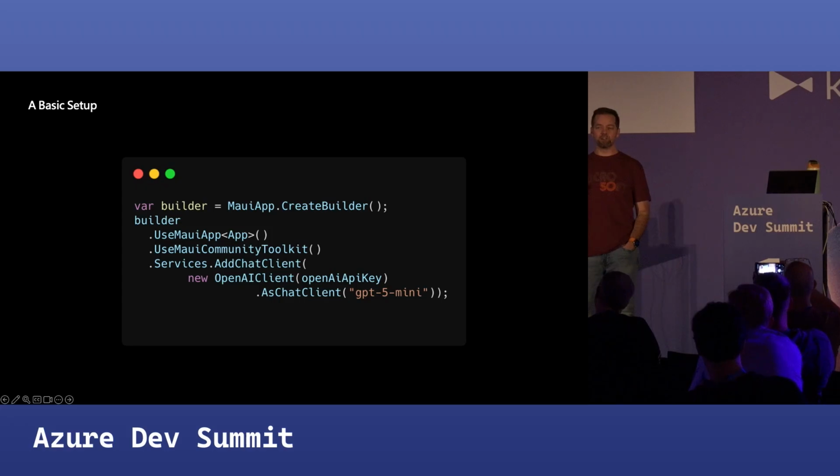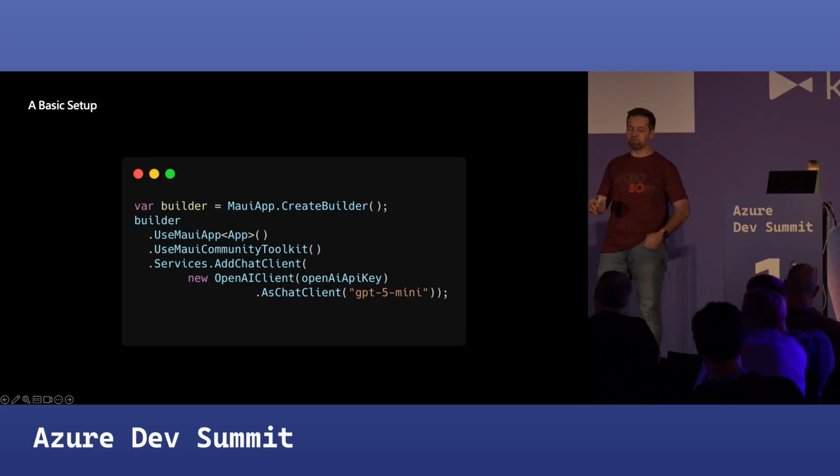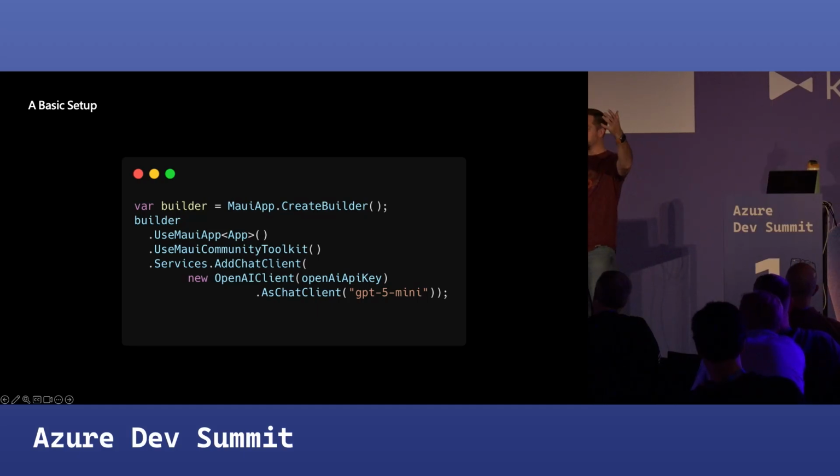You may find that your application requires more setup than this, so you may move it to a different part of the application. But just to get set up and quickly started, you can do it this way. Services.add_chat_client, and then provide the client that you're using with the API key that you've gotten from some other secret source, right? Typically, if you're doing mobile, you're going to have some authentication between the app and the cloud, and then it's going to provide to you in a secure manner the tokens and the endpoints that it needs to do the API calls, right?